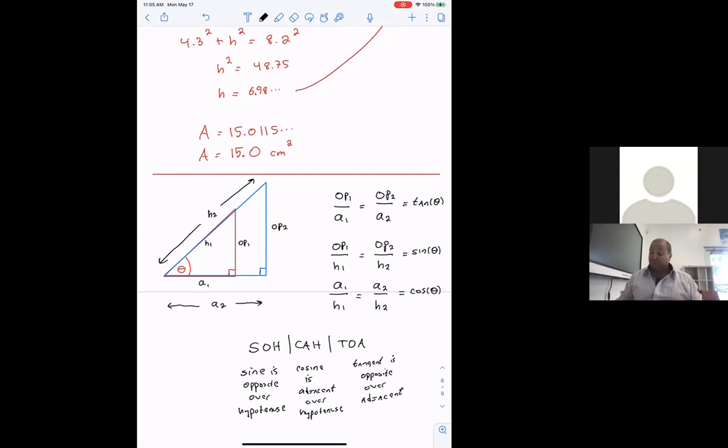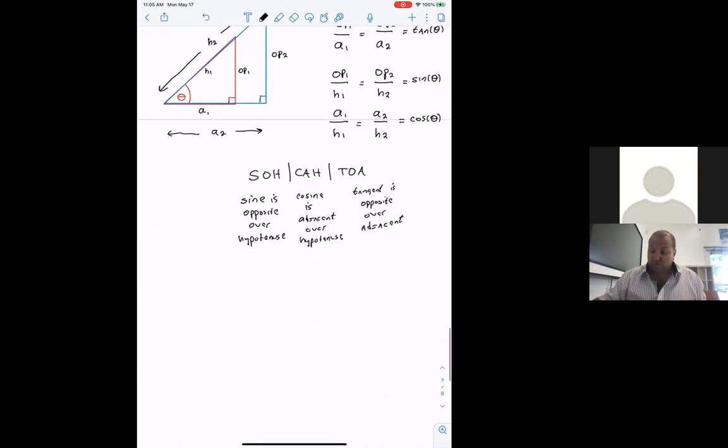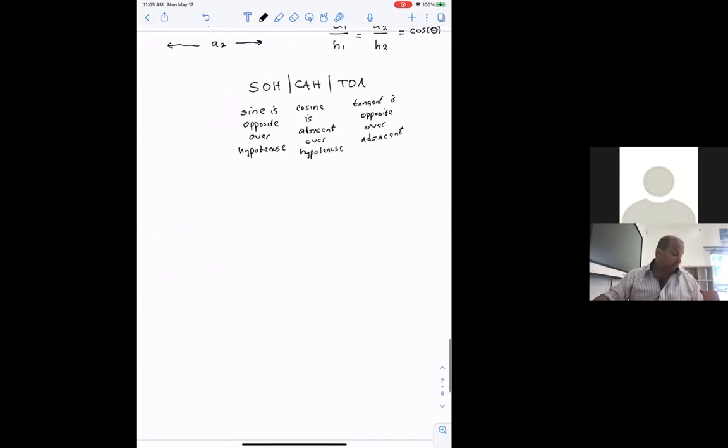Those are three definitions. And what they allow us to do is connect an angle to two sides. So that if I have two of them, I can find the last one. Anytime I have two sides, I can find an angle, or if I have an angle on a side, I can find another side. Let's show how these are put into practice by doing a few examples,